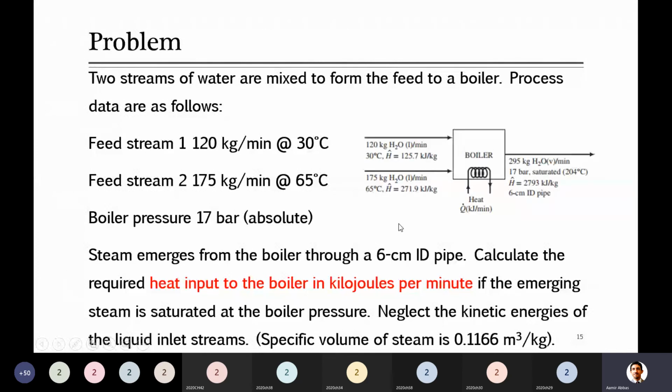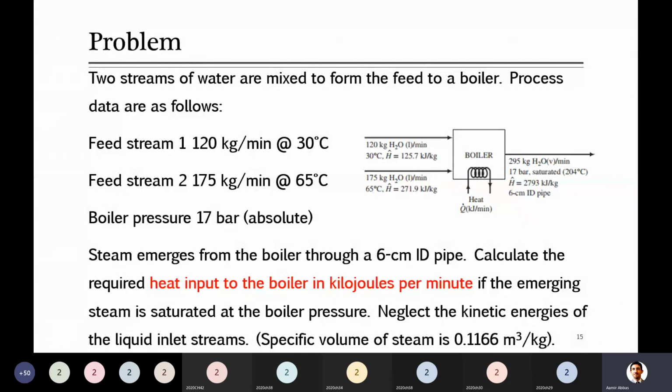So this is the diagram here for your convenience. You can see that there is a boiler, and in this boiler we provide the heat. For example, here he has shown some electric coil through which we can provide the heat. There are two streams, their inlet flow rate and temperature, as was mentioned here. At outlet, that steam is leaving, and in the boiler there is no accumulation. Water will come inside, it will be converted to the vapor, and all water will leave from the system.